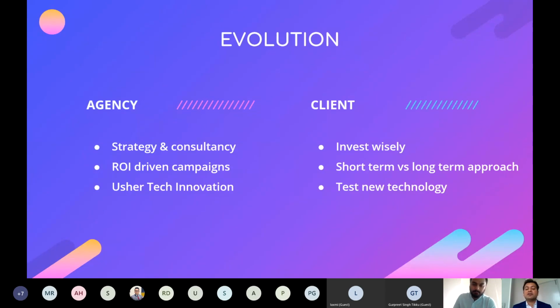They have to look at both short-term, day-to-day needs, like making collaterals or small videos, which they can do in-house, while for a long-term, strategic approach, an agency comes in. And we should not shy away from testing new technologies, because what worked yesterday can demolish us today. We have to look at new solutions of the new world.